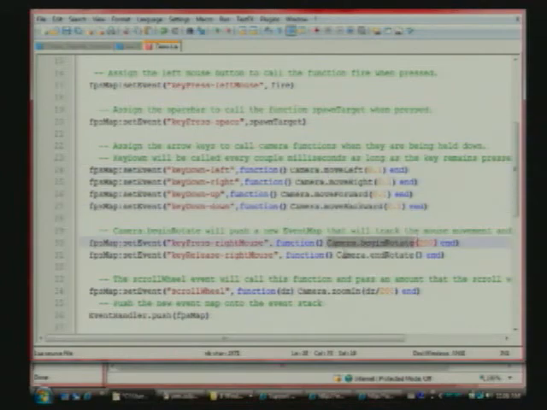There's a begin rotate and an end rotate function. When you call begin rotate, suddenly a new event map is pushed that tracks the mouse movement, and it will spin the camera around based on where your mouse is. So whenever the right mouse button is held down, you want to push that new event map by just calling begin rotate, and whenever the mouse is released, you want to pop that event map by calling camera.end rotate. The last little bit is a scroll wheel. It takes an amount that is scrolled, so you can just call camera zoom in by that amount. And so with all of that in place,